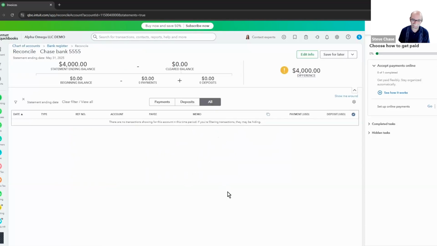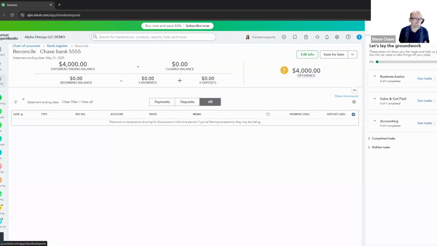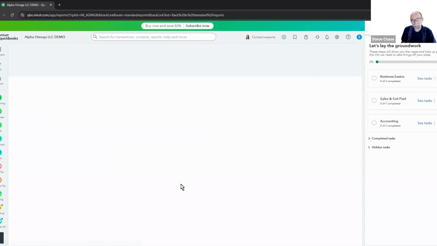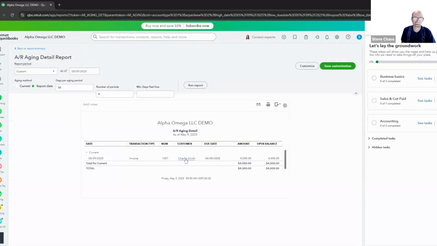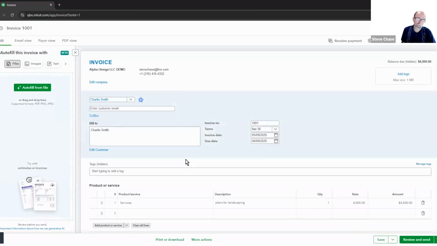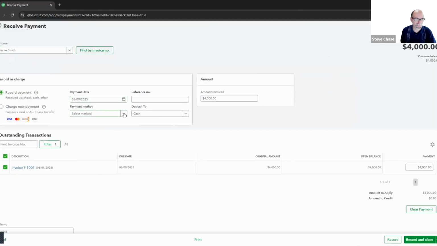Let's imagine that we were able to deposit a $4,000 check payment into that bank account. So let's go run a quick report. Accounts receivable, aging summary. Here's our Charlie Smith. If he paid it online, QuickBooks will automatically close the invoice for us. But let's imagine he gave us a paper check. So we'll receive payment manually, and we will put down that it was a check, and it was check 101 for the full amount. If it was a partial payment, we could put in the amount there,